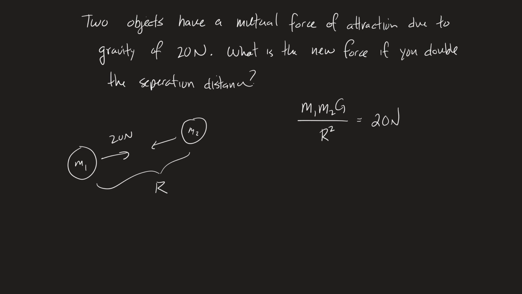Did M1 change? Did they double the mass or anything? Read the question. Did any of the masses change? Doesn't look like it, so I'll write M1, M2, G. Did the separation distance change? By how much? So I'm going to put